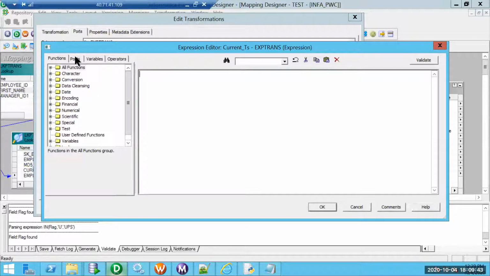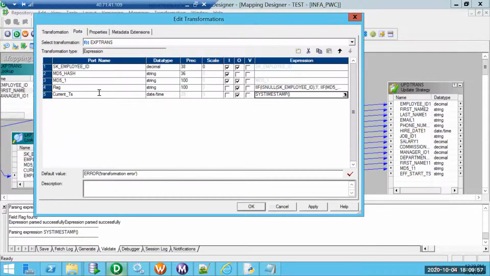What was the value? Sys timestamp. Sys timestamp is going to give me time as well as date. Sys timestamp is the variable which I can populate.